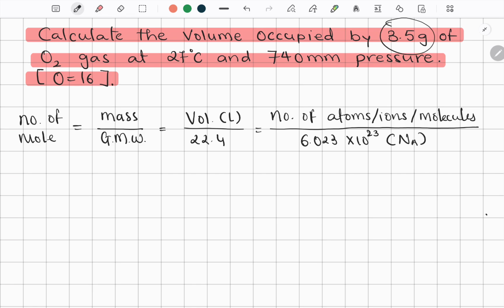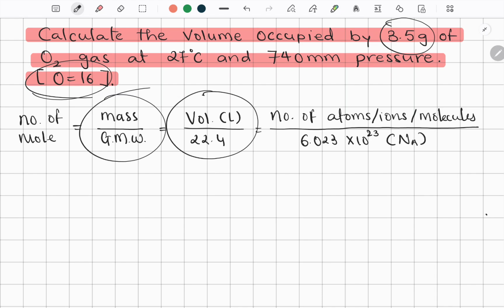Yes, the mass of the oxygen is given, which is 3.5 gram. The atomic mass of the oxygen is given, which is 16. So we can calculate the gram molecular weight, which is 32. And we need to calculate the volume. So we're gonna use the first and the second formula, and we'll get the volume, because we know the mass, we know the gram molecular weight, and we know the 22.4, which is definitely a number. So we just need to calculate the volume in liter, and that's it. This question is finished. But now, if you do this, you're gonna get the volume at